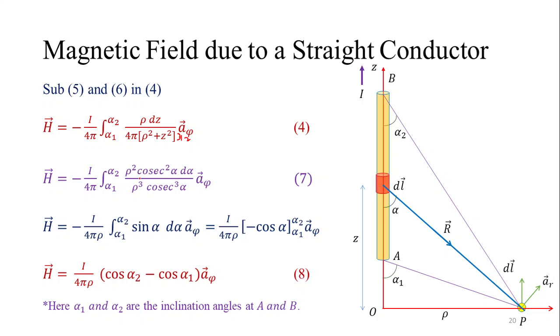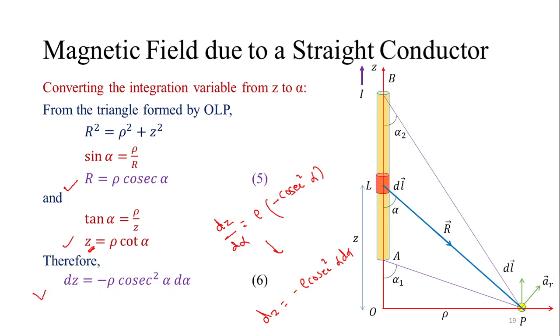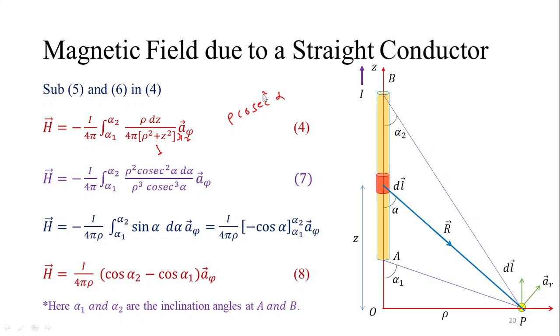Okay, so what you will have, r is rho cosecant alpha, right? So here you are having r cube, so you'll have rho cube cosecant cube alpha a phi. Now you can cancel two rhos and two cosecants,